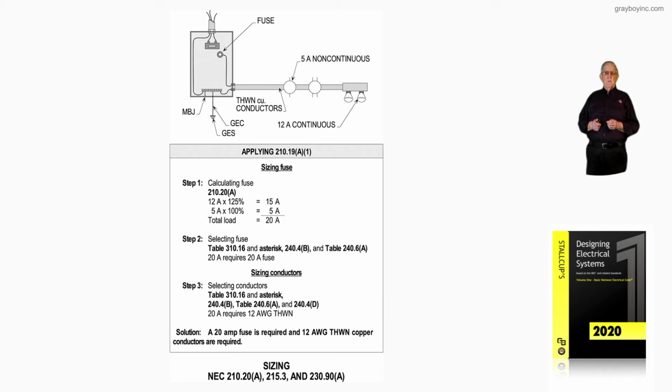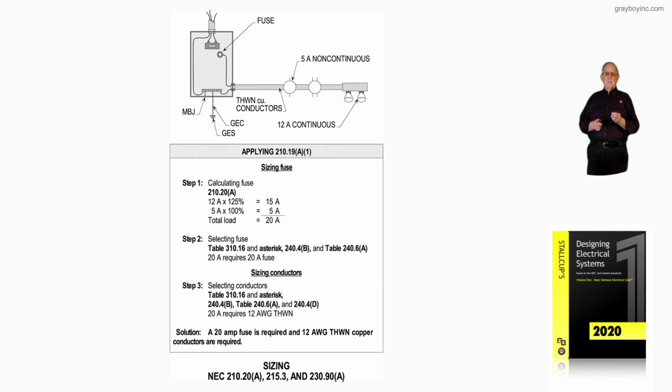We would reference Table 310.16, and the asterisk would be listed there, and 240.4(B), and we would review our Table 240.6(A). Then note step 3, we're sizing the conductors. So Table 310.16 and the asterisk that we'd look at, we know we're beyond the asterisk. So 240.4(B) and Table 240.6(D), along with